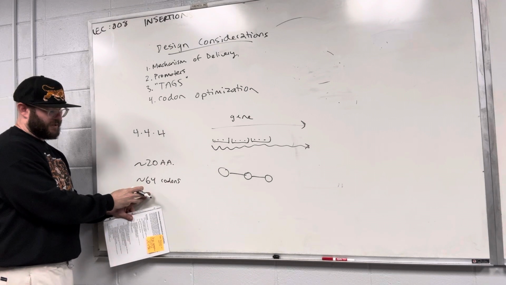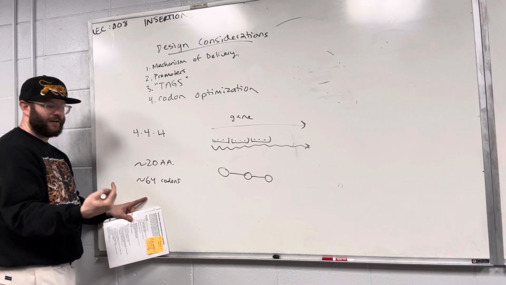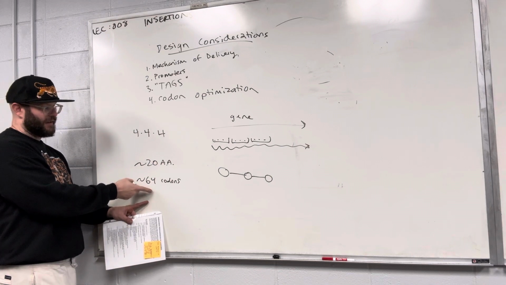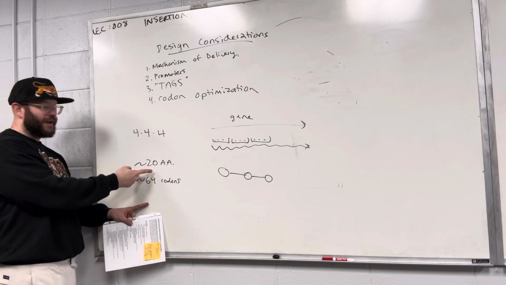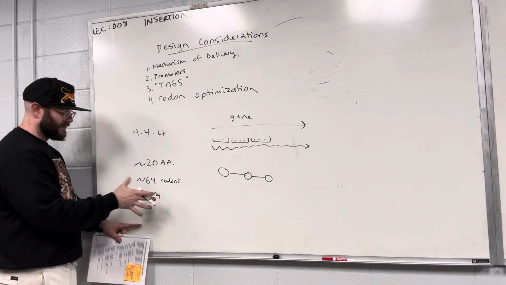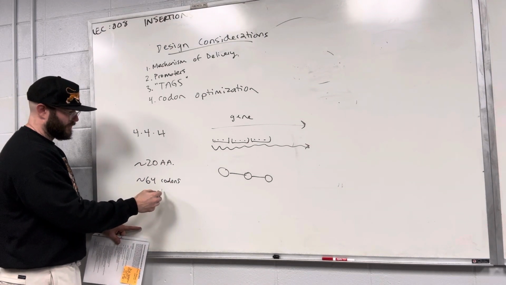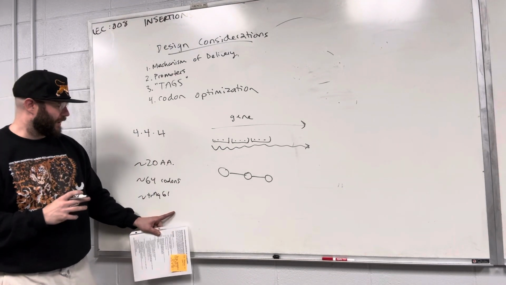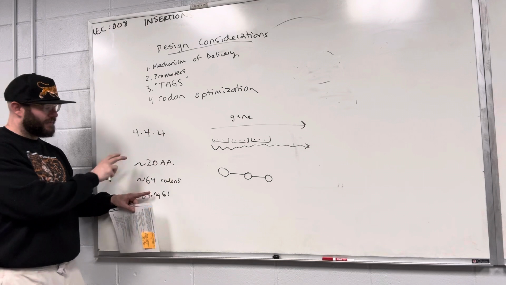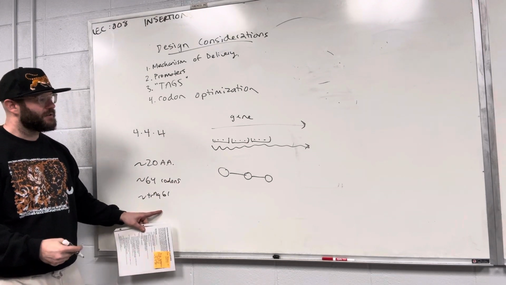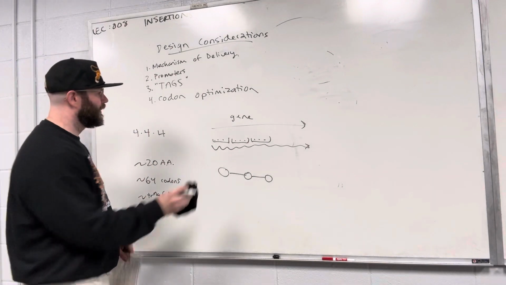Not all those code for amino acids, because some are stop codons, okay? But there's way more codons than there are amino acids, okay? And for each codon, there's also a tRNA. So there's about maybe 61 tRNAs, okay? All organisms have different preferences, what are called codon preferences, okay? So in E. coli,